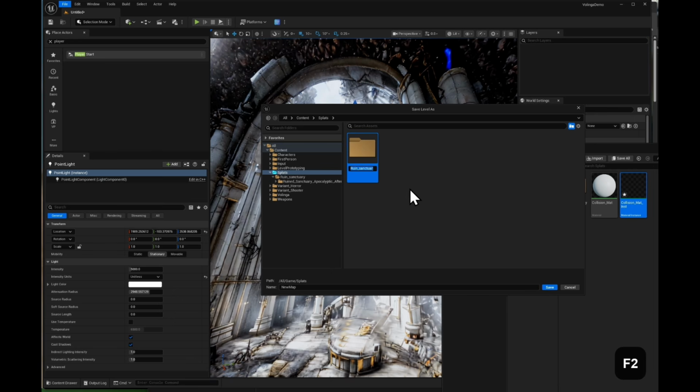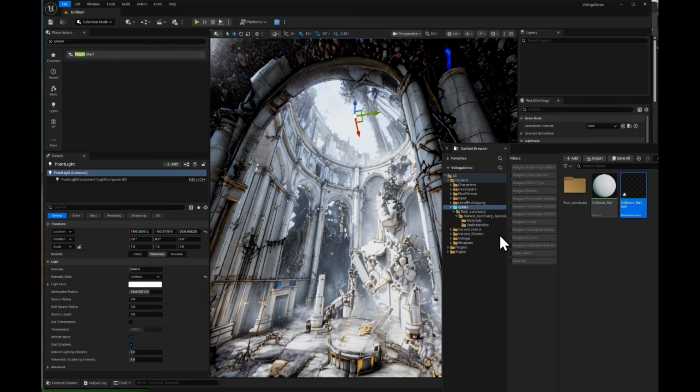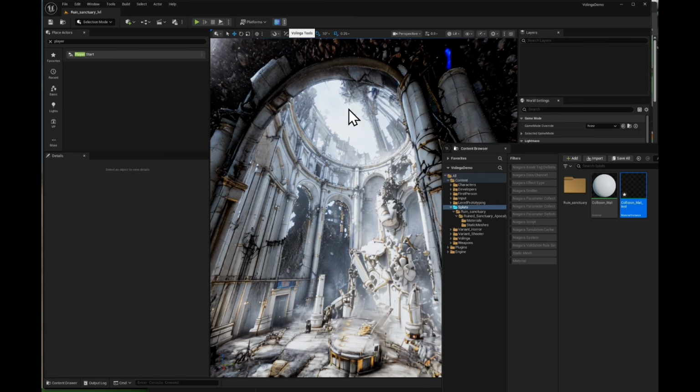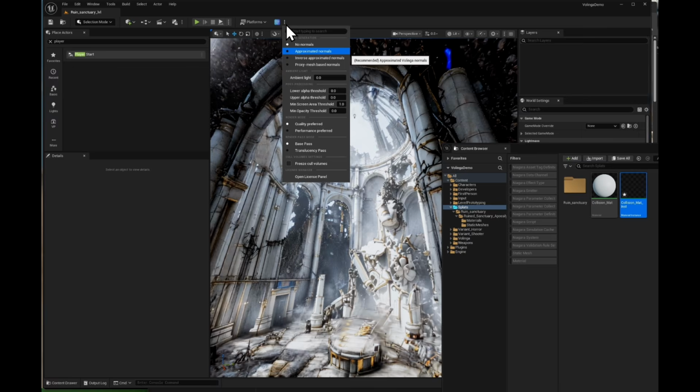I'm going to hit F2 to edit, Control C to copy the name, step inside that folder, and then on our level name, we just need to paste it and add _LVL for level. Save. All right, now that the level is saved, we're going to come up to the Volinga tool options, and